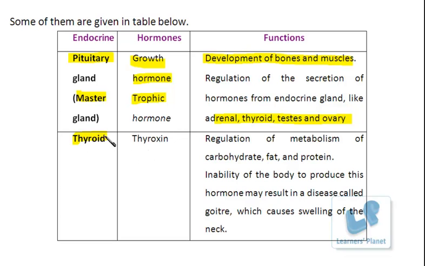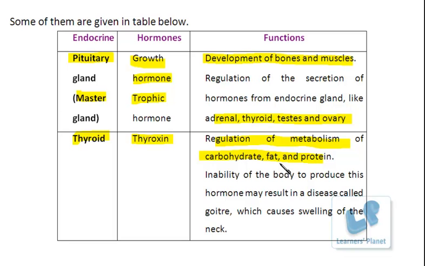Further, there is the gland known as the thyroid gland, which is present in the throat region of our body. The hormone which is secreted by this is thyroxine. You know what is the function of this thyroxine hormone? It actually regulates the metabolism of carbohydrates, fats, and proteins. Now, you know what is metabolism? Metabolism is a series of chemical reactions by which the specific molecules in our body are converted into another